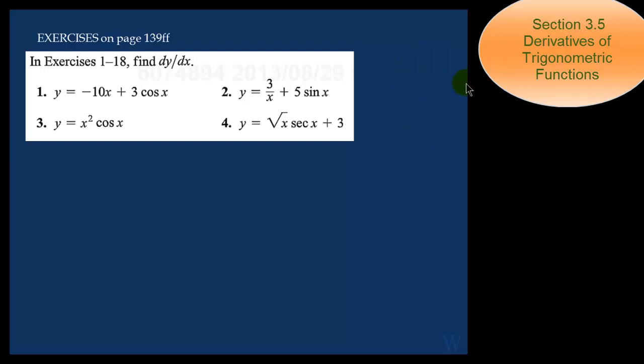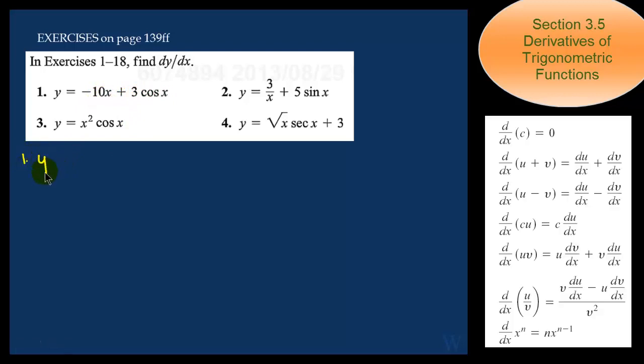Let's try number 1. What is the derivative of y equal to negative 10x plus 3 cosine of x? Number 1, y prime is just equal to negative 10 for the derivative of negative 10x, plus 3 times, what is the derivative of cosine? It's negative sine of x. So if we rewrite this now, it'll be negative 10 minus 3 sine of x. How about